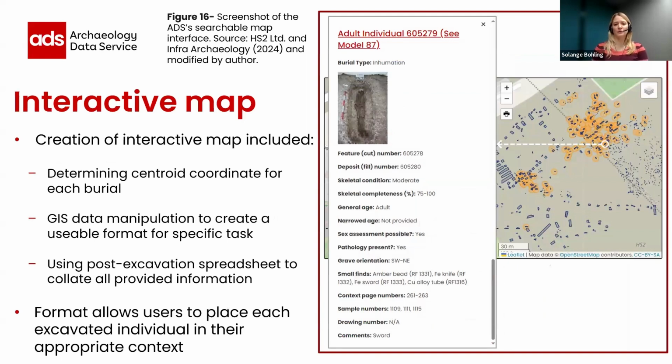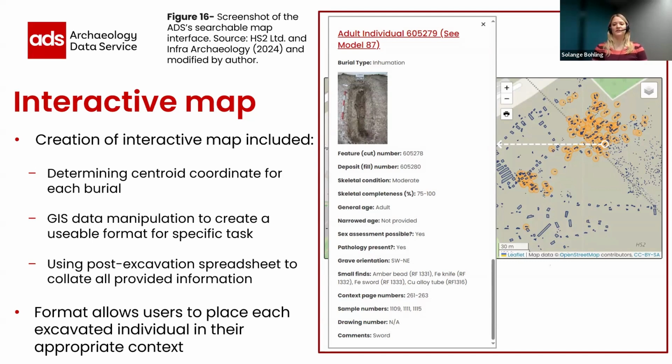Based on the survey results, which suggested that users preferred individualized web pages for archaeological individuals, the ADS developed an interactive map interface that provides grave location, specific information about the excavated individual, and a link to the model page. This process involved determining a centroid coordinate for each burial using the GIS files and a considerable amount of data manipulation within ArcGIS and Microsoft Excel to create a usable format for this specific task, and using the post-excavation spreadsheet